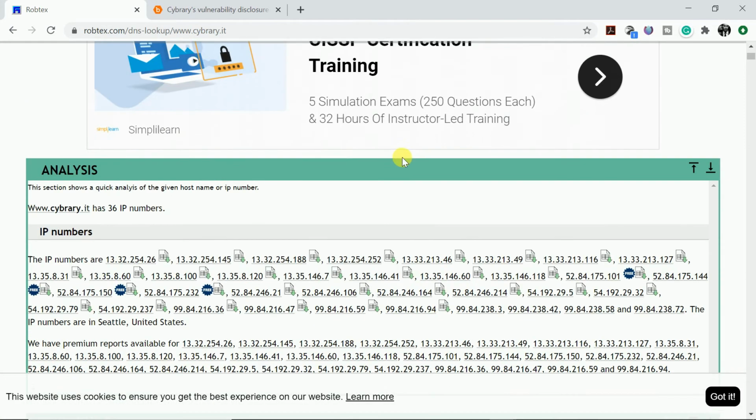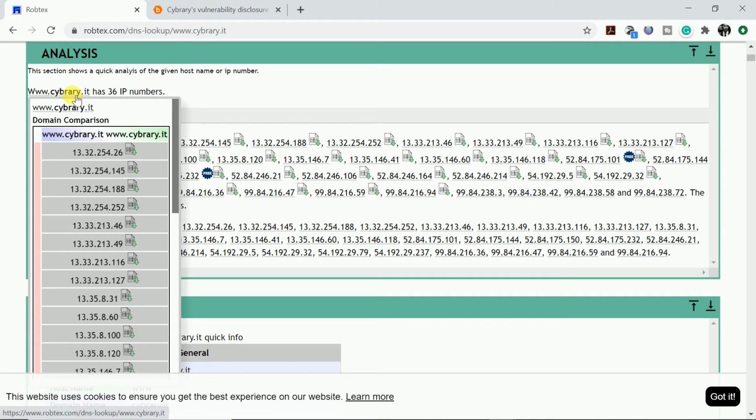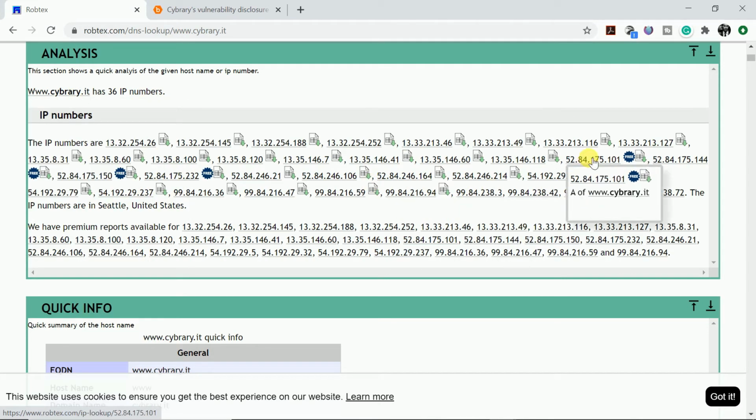Okay, so what are the IP numbers that are associated with Cybrary? There are 36 IP addresses associated with Cybrary.it. I generally don't see a lot of IP addresses associated with a domain name, but here you can see it is possible.